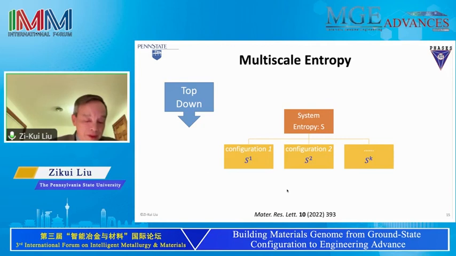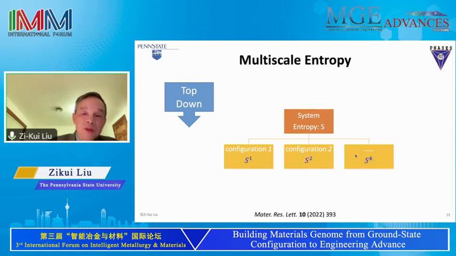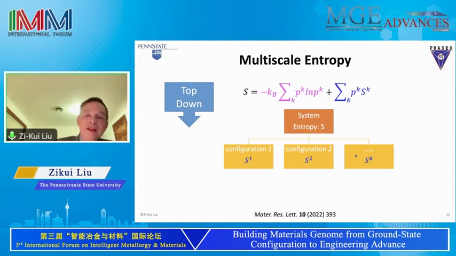So what does that mean? That means this equation is incomplete because it does not contain the contribution of each configuration. That means we have to modify the equation. Okay, that means we have to add another part of entropy. Now we have two parts of entropy: one from between the configurations, and one from inside the configuration.